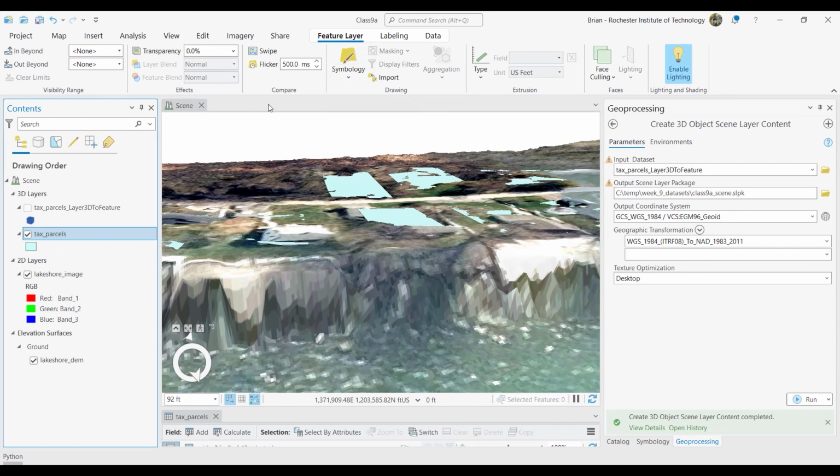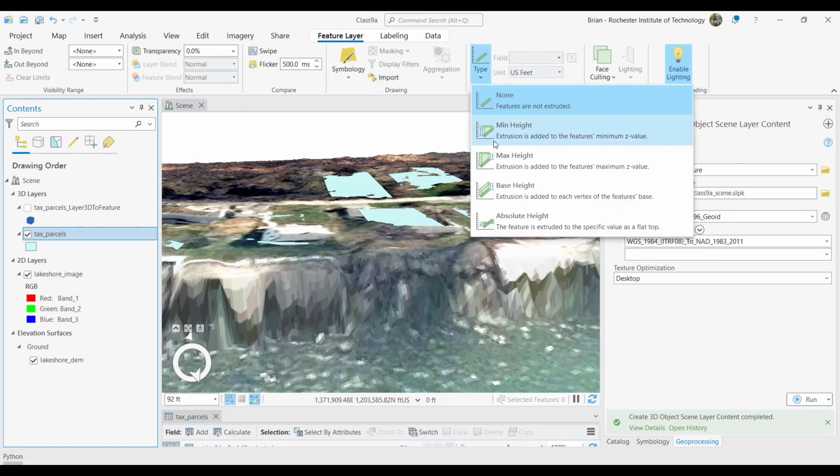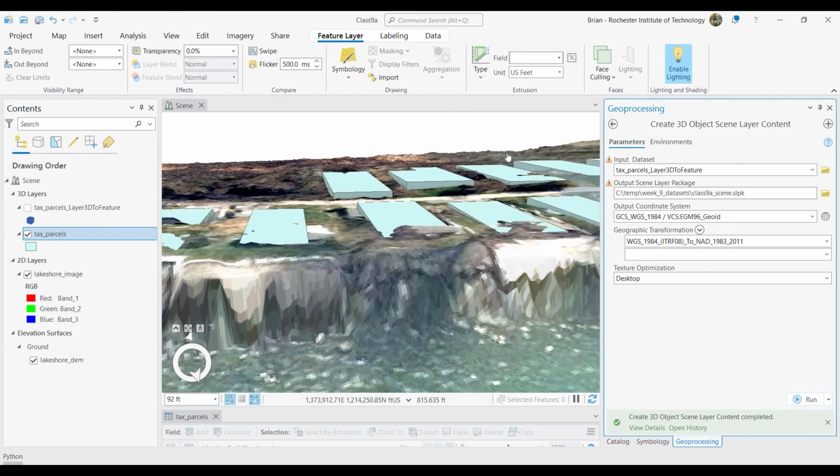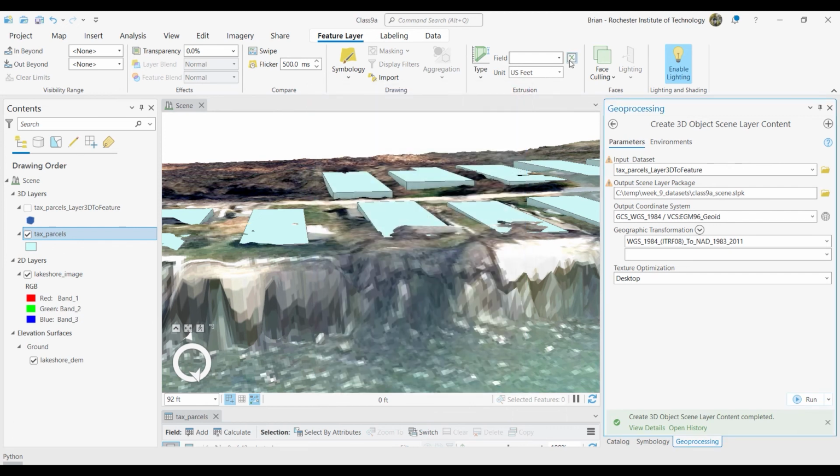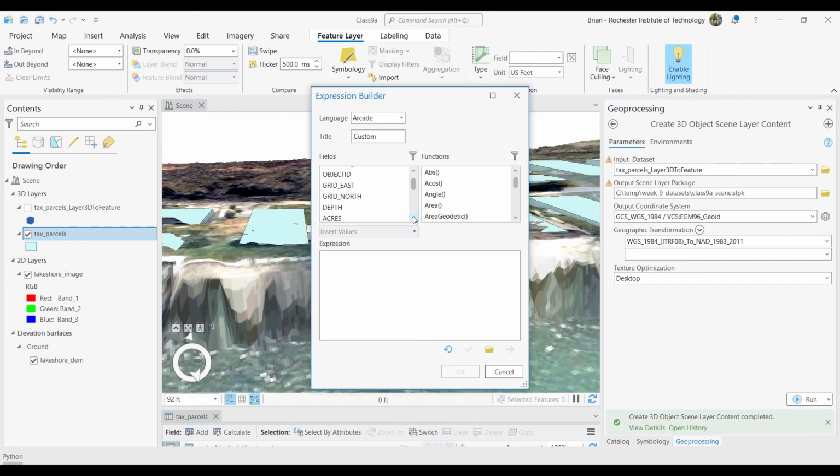Oh, and then from there, we did type, max height, and then we clicked. You should have this little button, looks almost like the expression button. Click on that, and then do right here. Is that still there? Are you seeing that? Okay. Yep. Then we'll do that, and then we'll do